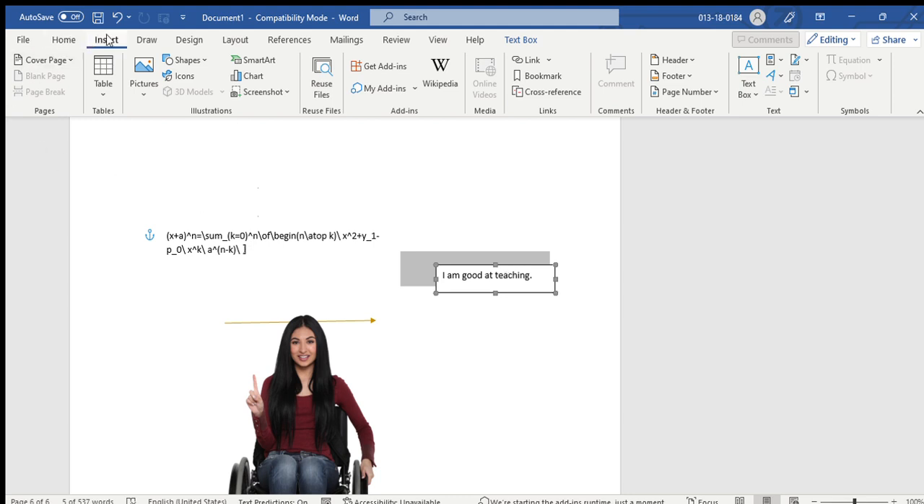So that was a good overview of the insert option. Thanks, hope you understand how